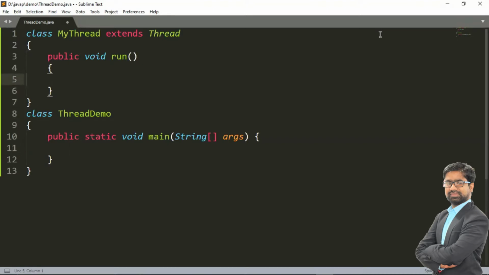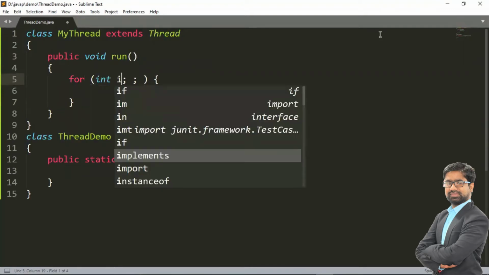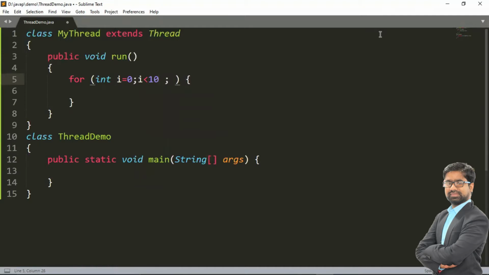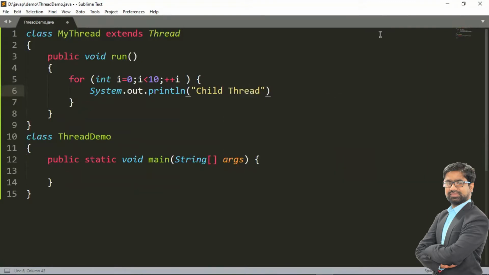First I'm writing a for loop: int i equals 0, i less than 10, then i plus plus, and print a message: this is my child thread.